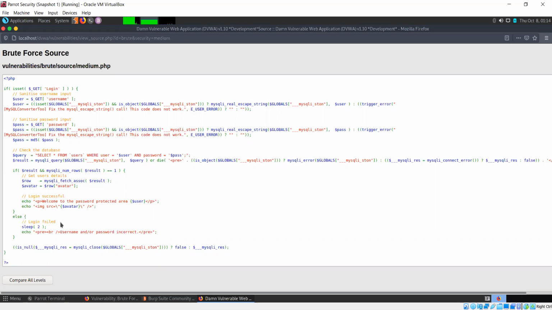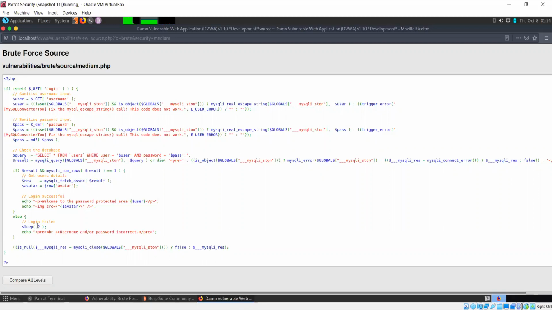What this means is, when we are using Burp or even Hydra with this medium security level, after every incorrect password attempt that we make, the tool needs to wait for 2 seconds before the next request can be processed. So for every incorrect login, the server sleeps for 2 seconds.